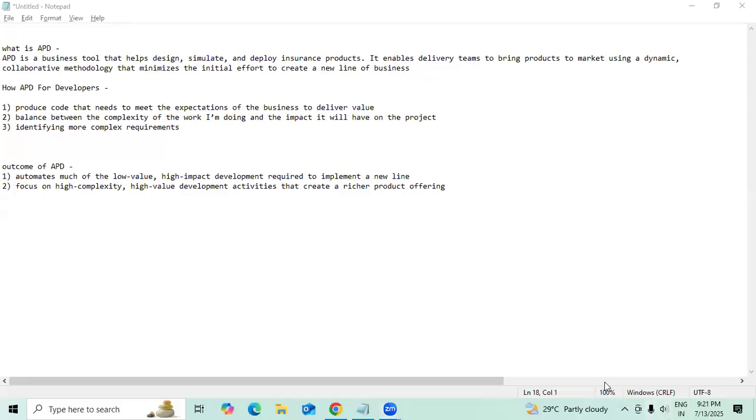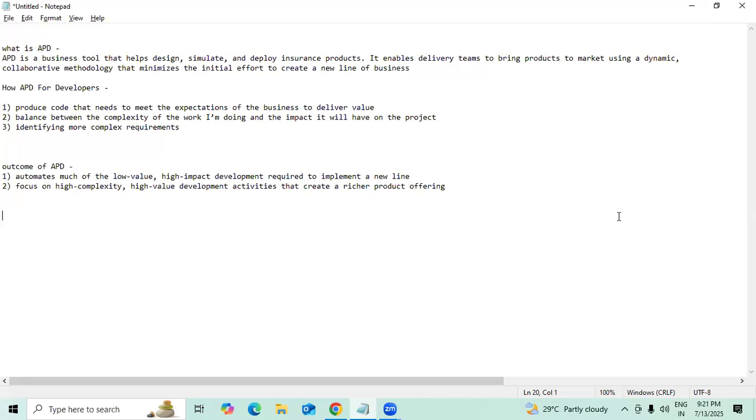Right. So, as part of our Guidewire developer learning, it's always important to know about configuration, integration, all that. Configuration can be data model configurations, page configurations, reading configurations, all of these will be done. Along with that, even as we are into development, it's important for us to understand about APD as